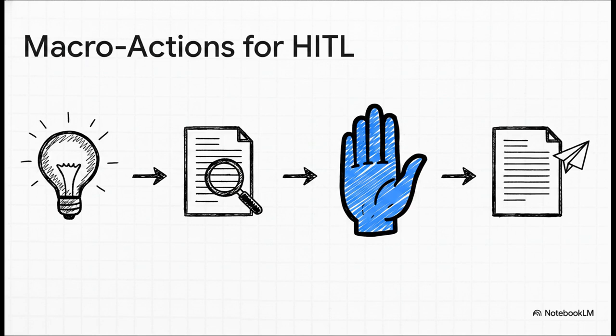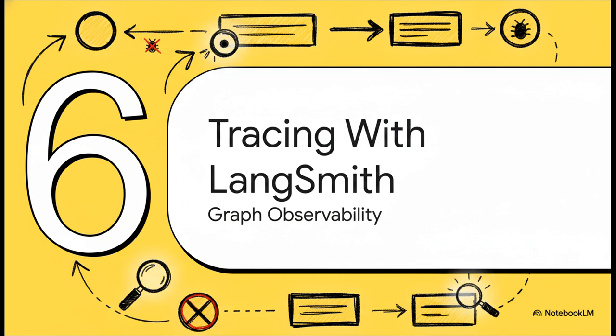Third, the system hits an interrupt. It actually displays the draft on your UI, asking for your approval. Finally, if you say yes, you pass a resume command, the checkpointer instantly loads that saved state, and it executes the final post node. And that brings us to our final technical milestone, Section 6, Tracing with LangSmith for Graph